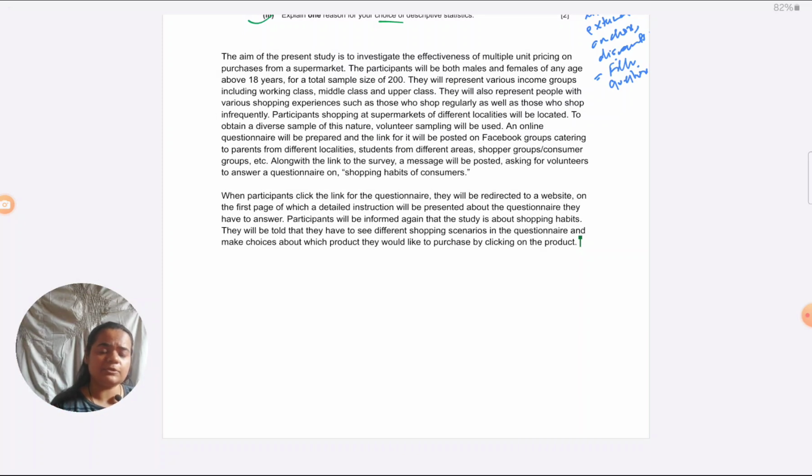What are they consenting to? Tell them what is going to happen in the study. This is what they're required to do. This is the time that will be taken. If any conditions are there, here they are not there, but in case they should have certain visual ability or something, they should make sure they have that. Then they can think about, from this information, do they want to participate or not? So think about what information you're giving them, let them consider it, and then you take their consent. So include such things on the instructions page.